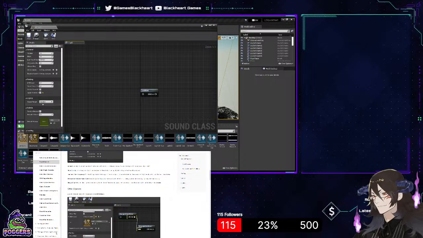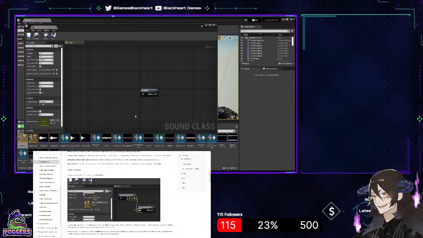No. Like if you look at the image below, you've got those two example sound classes. They both have their own respective general details. They don't share the same one. That's what I saw when I added one on mine.